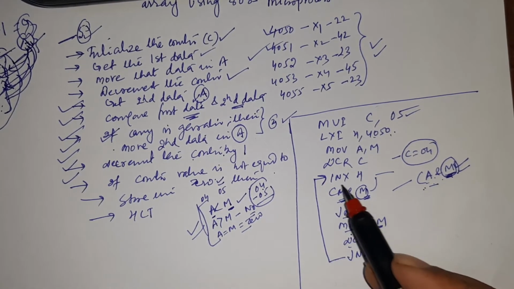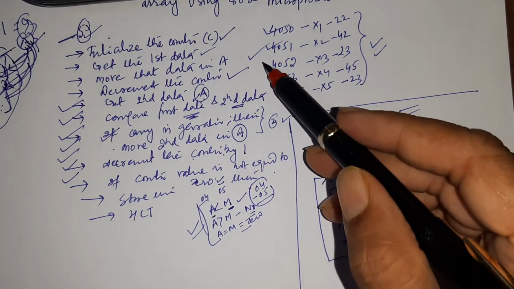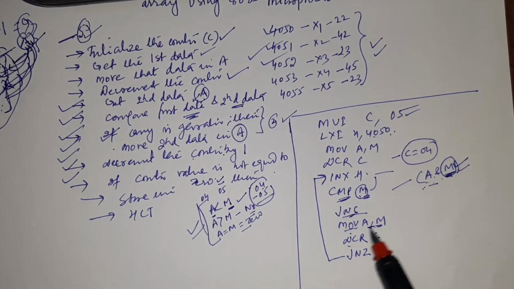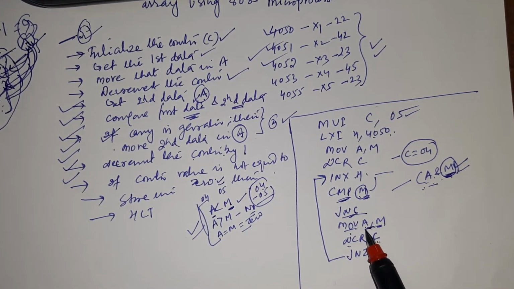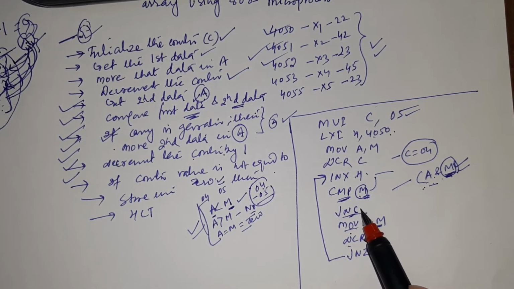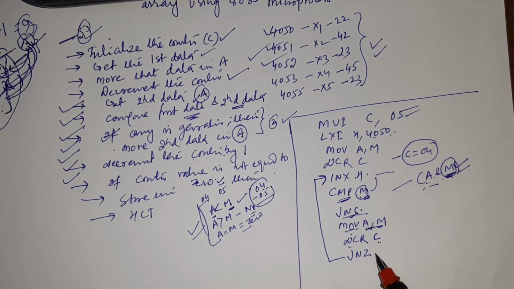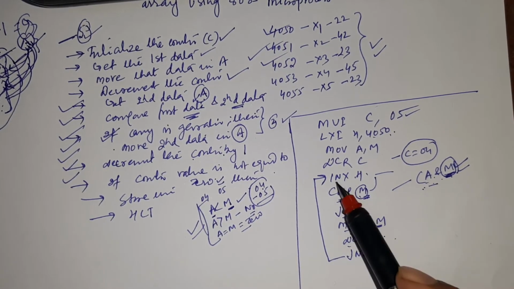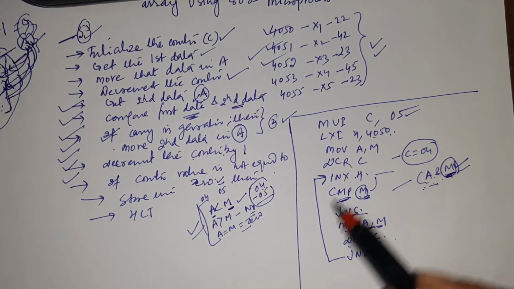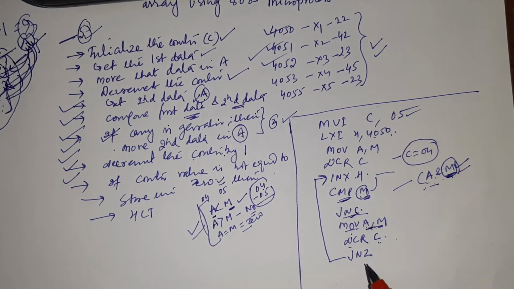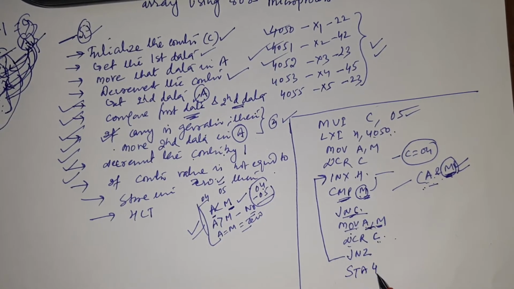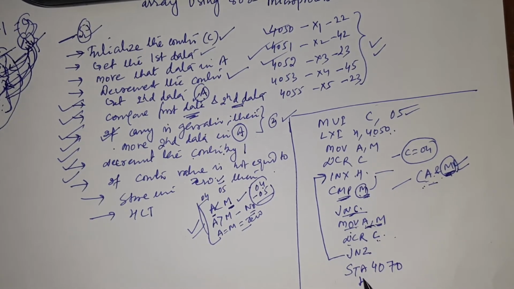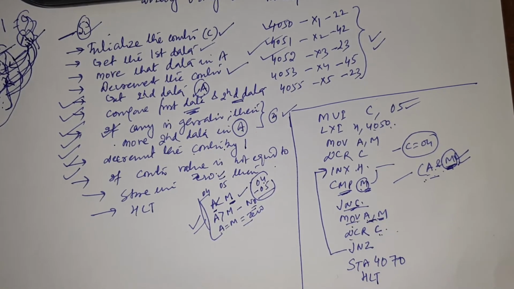So here we get the next data, now I am talking about the third data, and compare it with the accumulator, because the second data is stored in the accumulator if you are following the concept, if there was a carry. Then again this process will be held. Now the value of C will be 2, which is not equal to 0, so again we perform INX H, and by this method we compare. Store the output at whatever location you want. This is the output and this is the end of the program. So this is a very simple program.